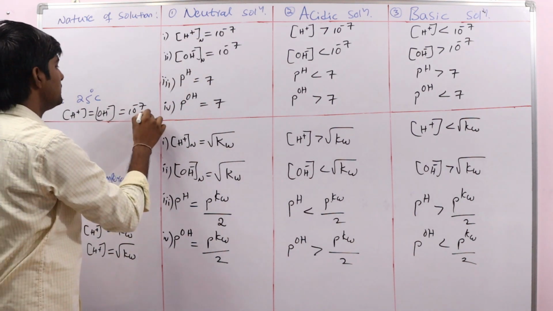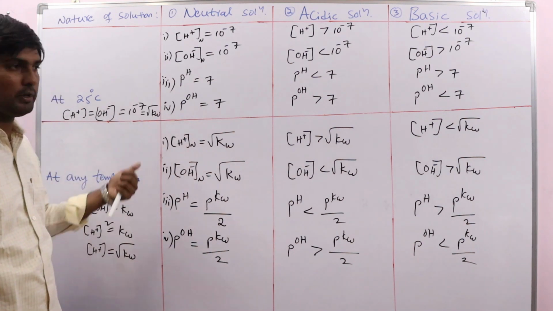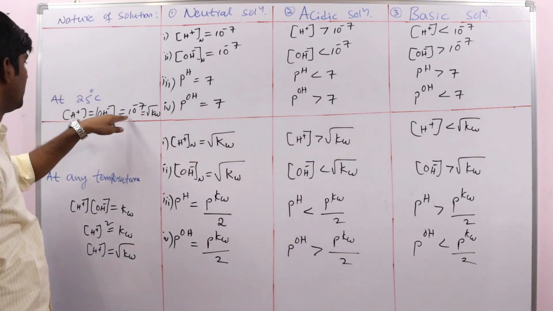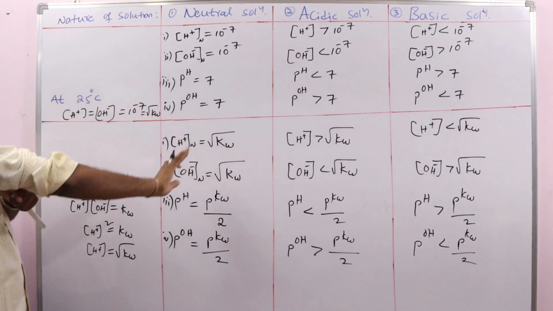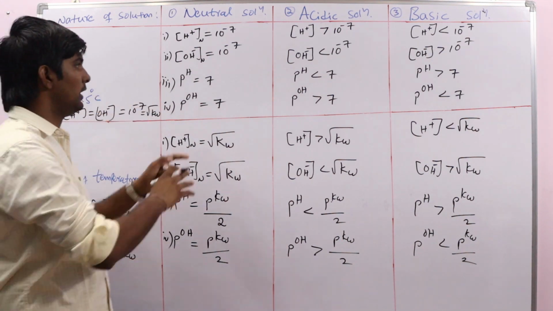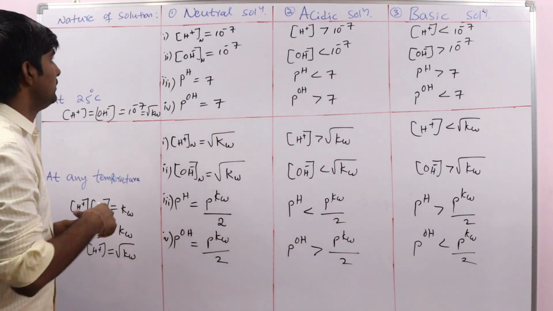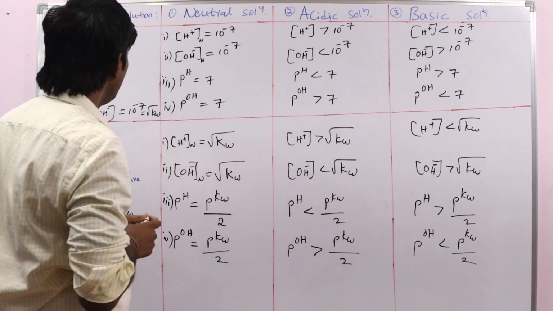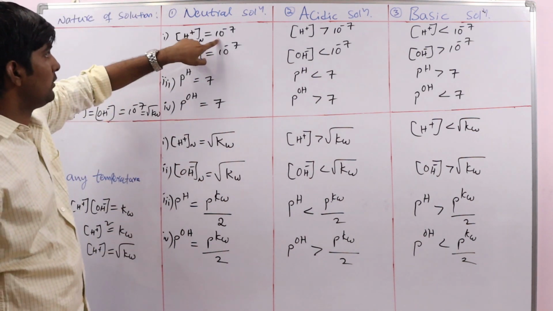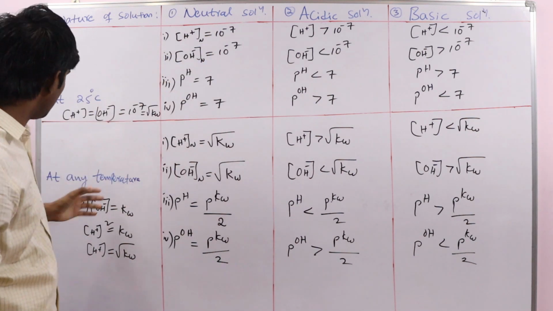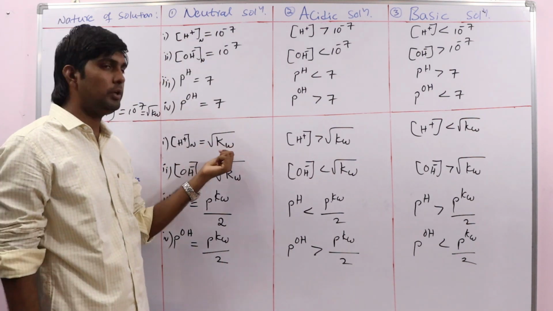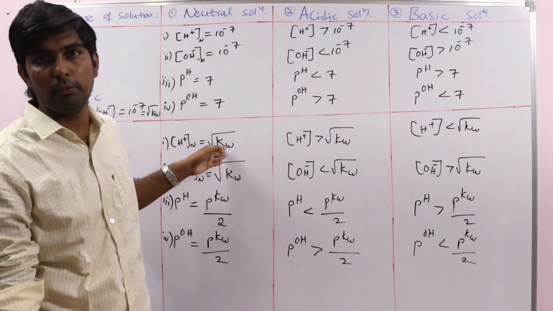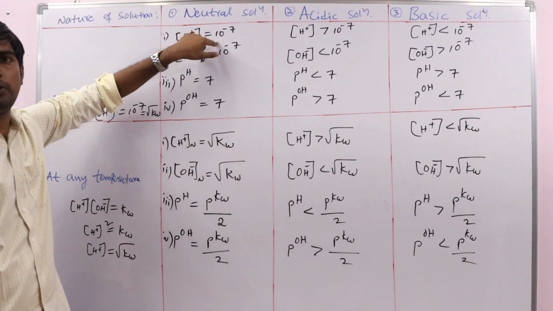From that we are writing. How are we getting this? That is by using square root of Kw, which we already discussed in the ionic product of water in the previous lecture. Okay, once again I am recalling here. Clear? So in this way we are getting all these relations. Simple, understand. Never try to memorize this. Neutral solution means H plus ion concentration equals OH minus ion concentration. At 25 degrees centigrade, that is equal to 10 power minus 7. Yes or no? And at any temperature, that is equal to root Kw. Because at 25 degrees centigrade, Kw equals how much? 10 power minus 14. So that's why here we are getting 10 power minus 7.